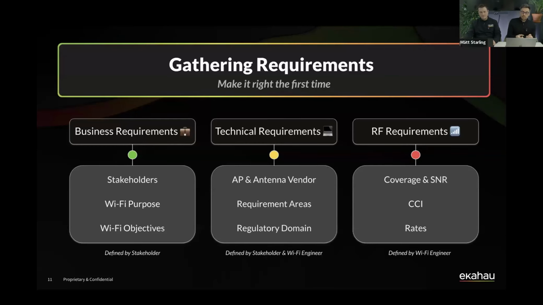So it's really key to actually understand what the business requirements are from the stakeholder, to define what they actually want the outcome of the Wi-Fi to be up front. And that's when you can then take that information, you maybe then have some technical conversations, you're going to factor in what type of access point you're going to be using, from which vendor, maybe you're going to be using some external antennas, and you're going to then define what areas are in scope.